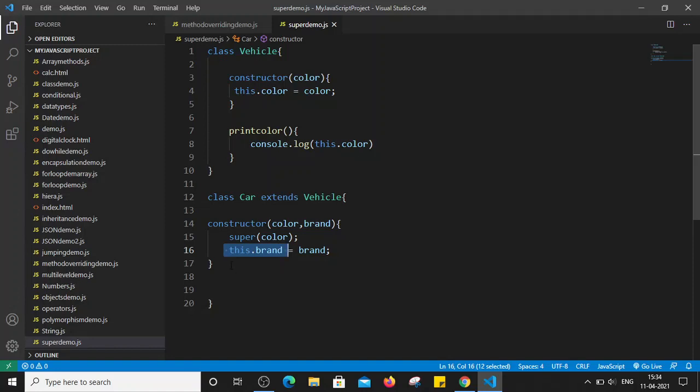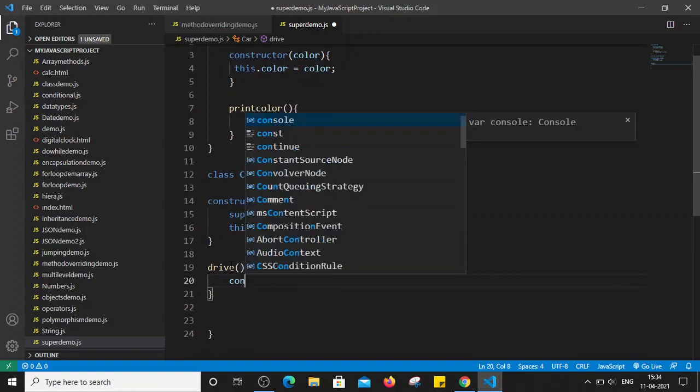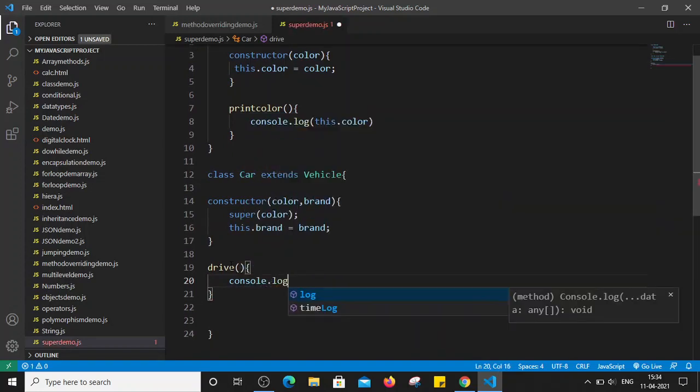Similarly, now I'm going to create one more method, let's say the drive method, and this drive method will simply print "Driving" plus, let's say give some space, and again plus the brand, right?